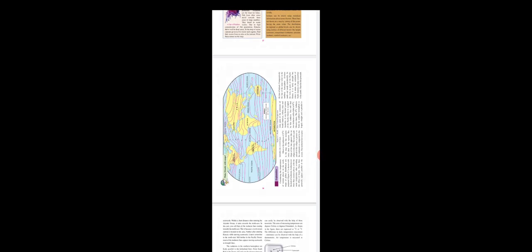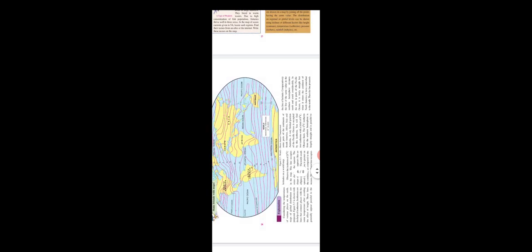Make friends with the map. Explanation. Consider the temperature of various places on the earth. Maps of global distribution are prepared. Figure 5.7 is drawn with the help of isotherms. Isotherms are lines that connect places with the same temperature after avoiding the effect of height. These lines generally appear parallel to the latitudes on a world map.